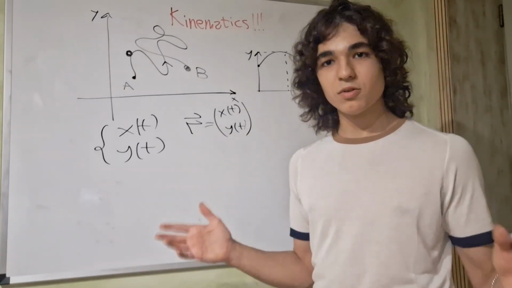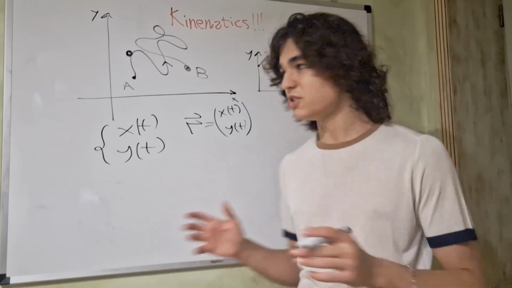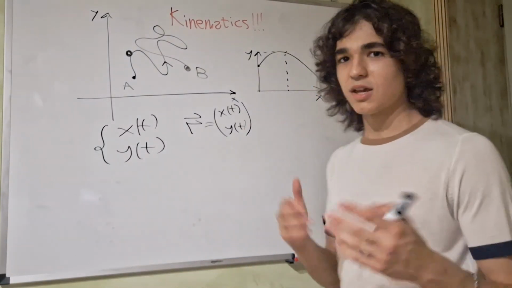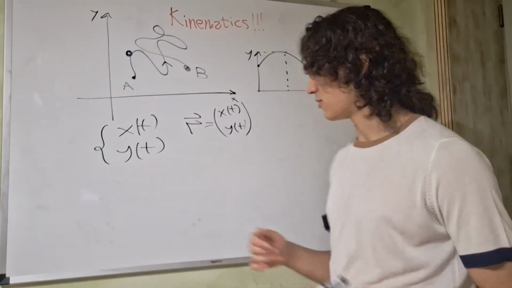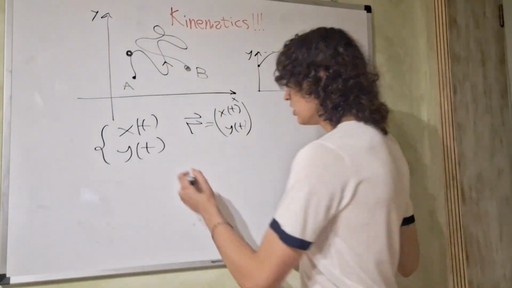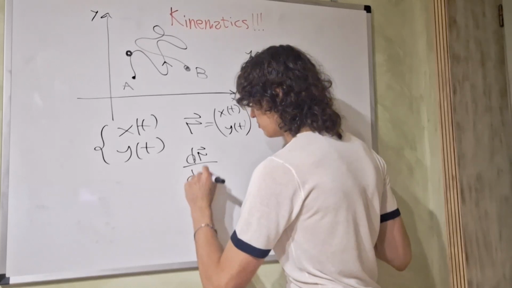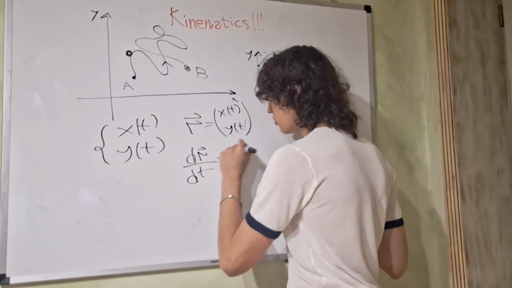This is what we call speed. So speed is the rate of change of position, and we can express it as a derivative, because derivatives are rates of change. So the derivative of the vector r with respect to time is what we call velocity, and